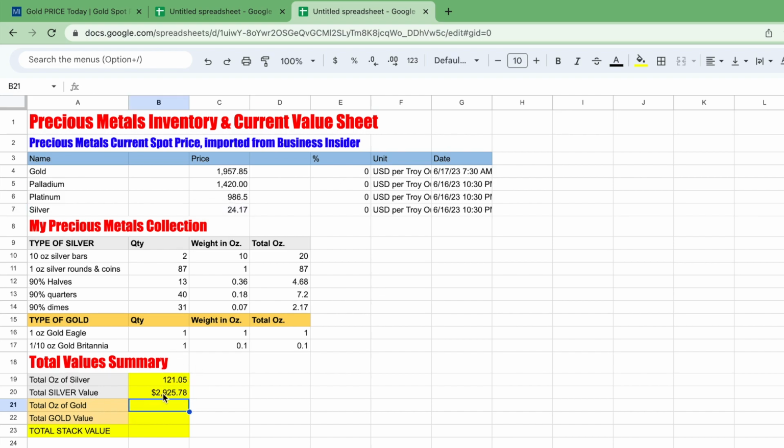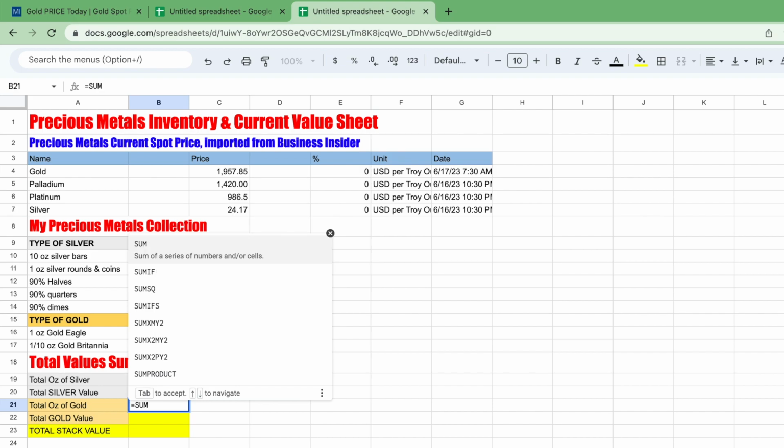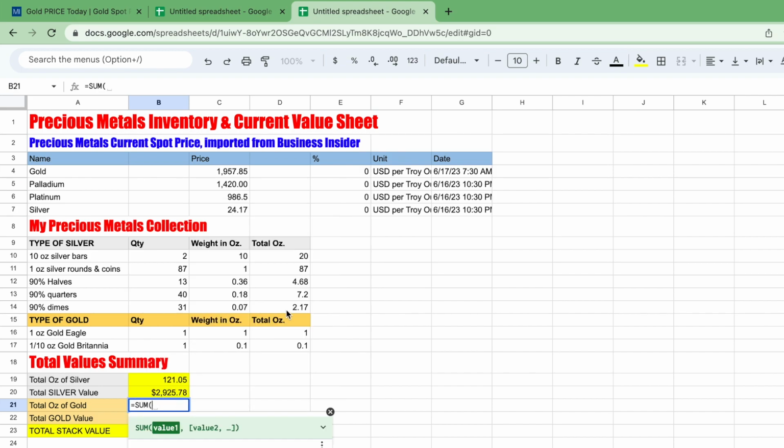Boom, and there's our value of silver. 121 ounces times $24 spot is roughly $2,925. We can do the same thing with gold. So right here, I want this sum right here to show up in this cell. So I just type equal sum and then parenthesis, and then I just highlight that range right there, end parenthesis, hit enter, boom, and there's our value, 1.1